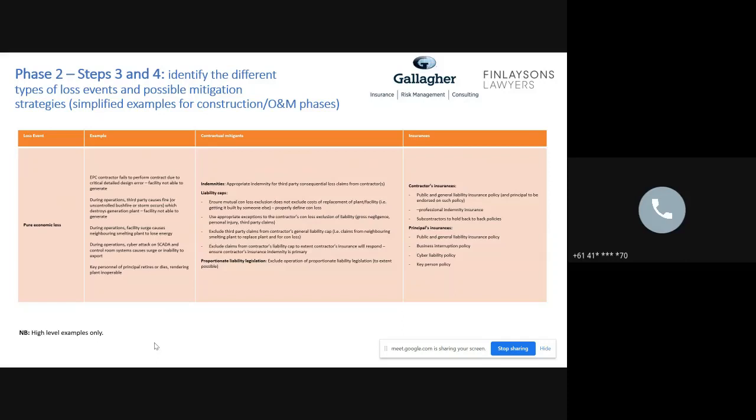Again, the types of clauses that you want in your contract to protect you include the indemnity provisions, appropriate limitations on a contractor's liability cap, and some limitations on the contractor to be able to apply proportionate liability to limit their exposure to that particular loss. The only thing different with this slide here is you'll see there in liability cap, there's another exclusion